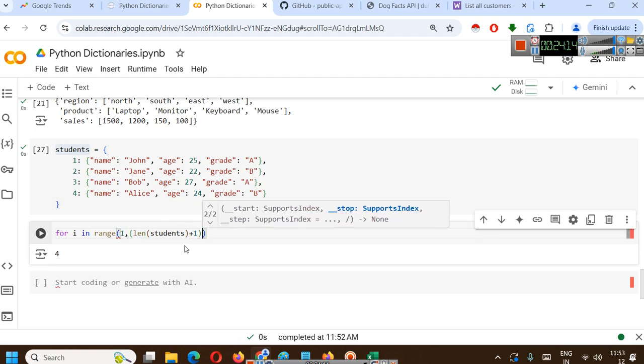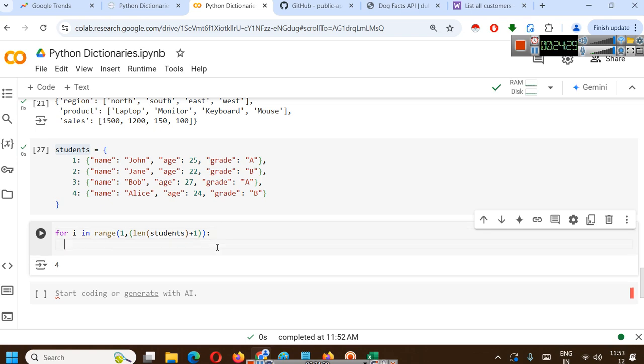Because we want to print 5 also. Okay. So when length of student plus 1 is given, it will start from 1, 2, 3, 4. Okay. Just trying,